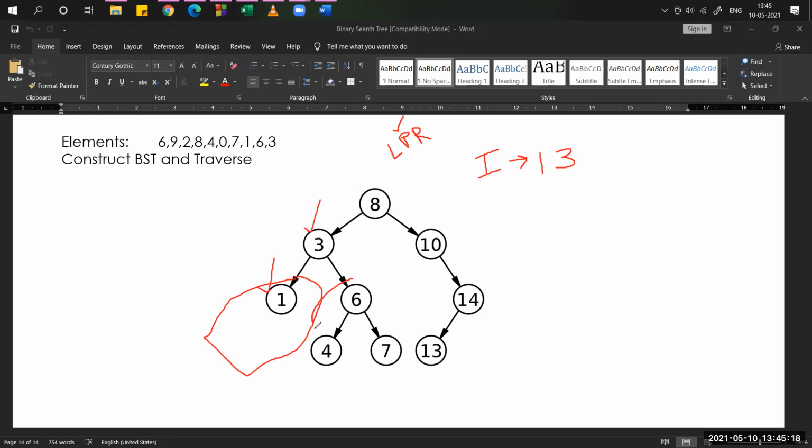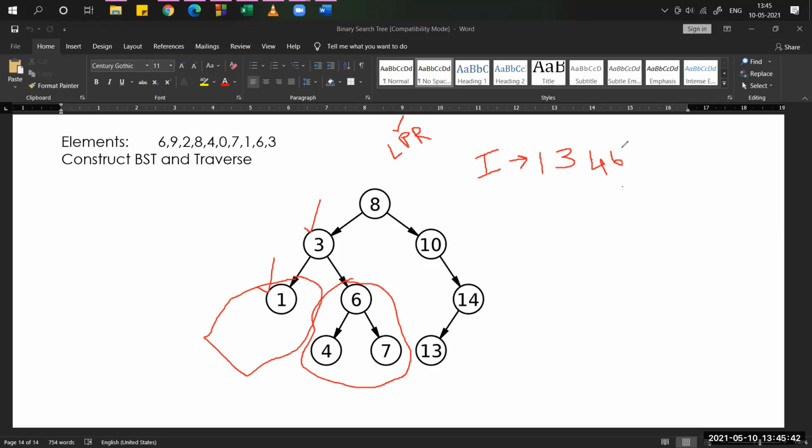So again we have to come to the right subtree. What is the right subtree? Even in the right subtree we have a left child, right child, and the parent node. Based on this formula, what is the left child? 4. Left node 4, and the next parent is 6.